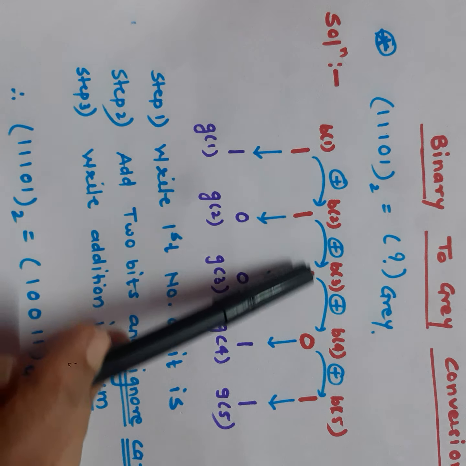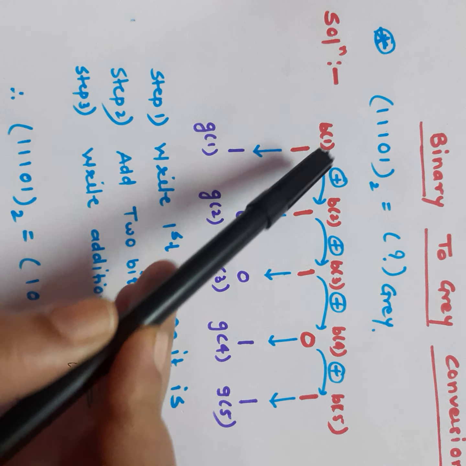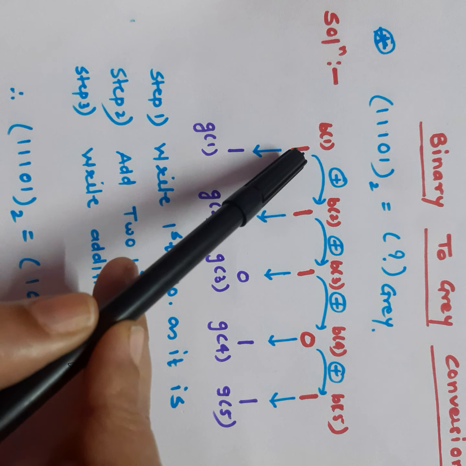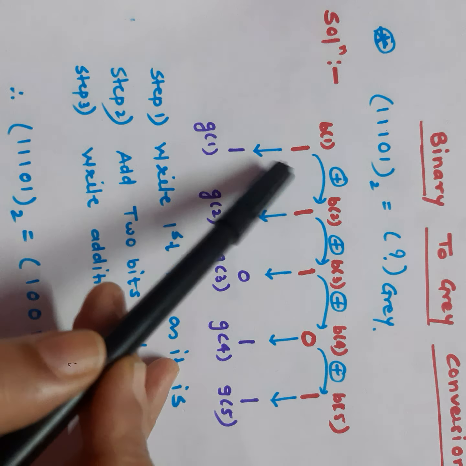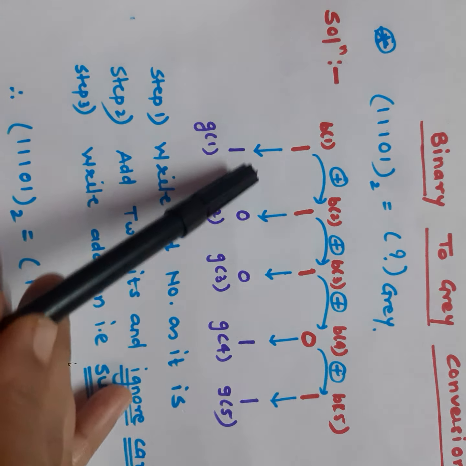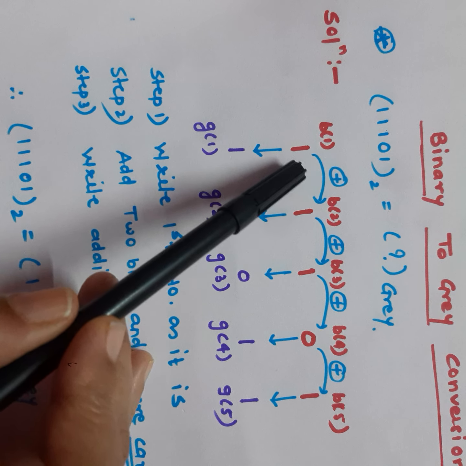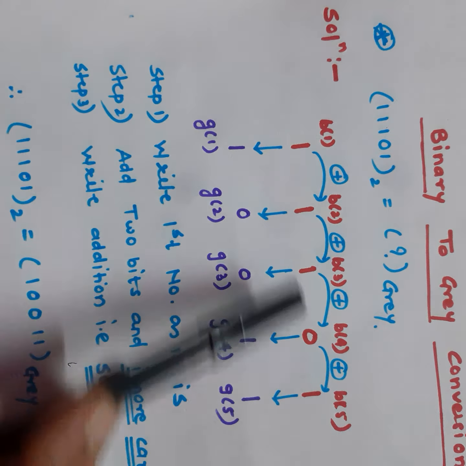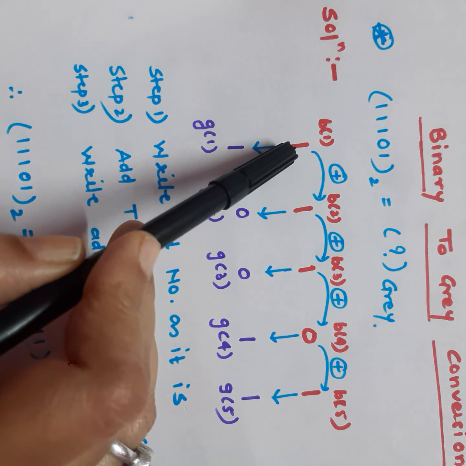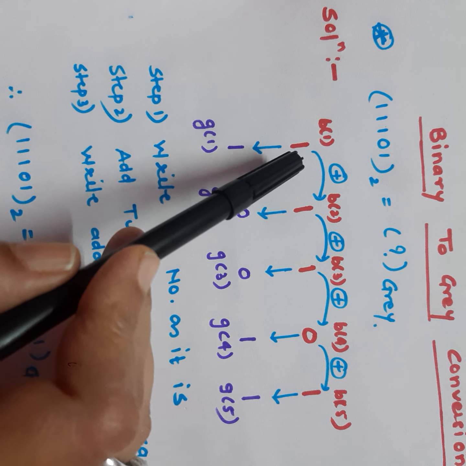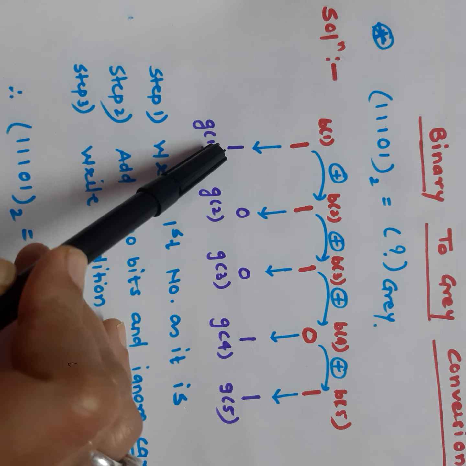So all these numbers are binary. Let us begin now how to do it. B of 1, the first number, we have to write as it is. Look at the arrows. The arrows I have marked are what you have to focus on, and you will get a clear idea. What we have to do is write the binary number as it is with some space. After that, the first digit, the first bit of this binary number, we will write down as it is. So this 1 will be written as it is, 1.